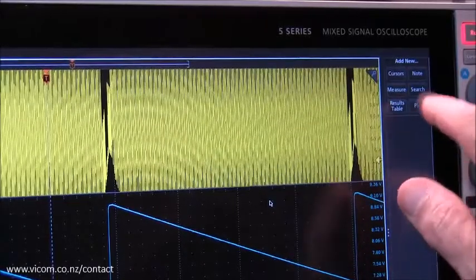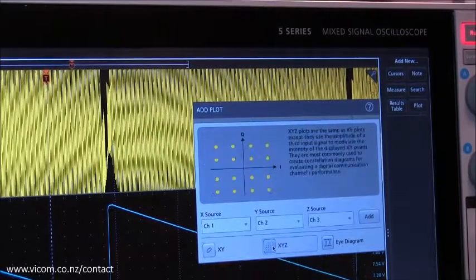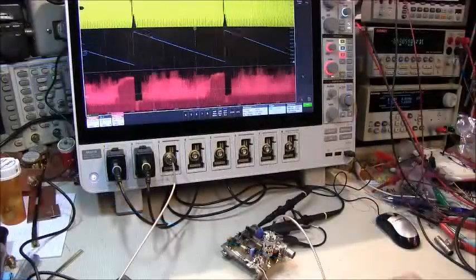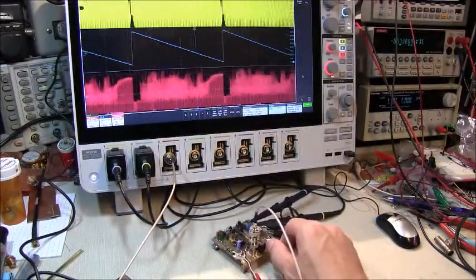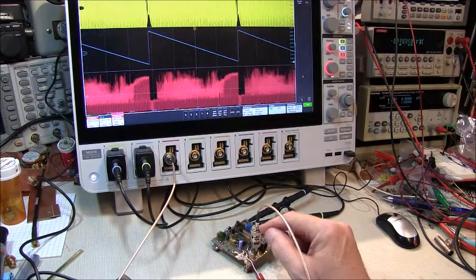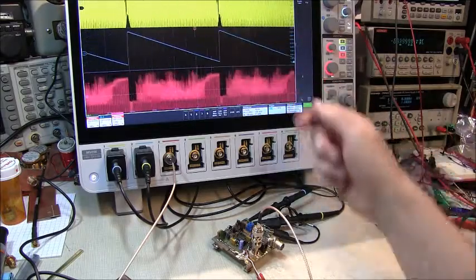Now, one of the plots we can add with this new 5 series MSO is an XYZ plot. So let's have a little bit of fun with that today. Now to do that, I'm going to play with this little circuit I put together a couple years ago that takes a composite video signal and turns it into X and Y scan voltages, as well as the composite